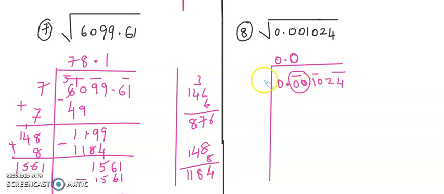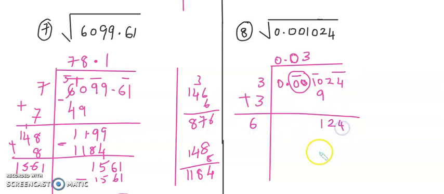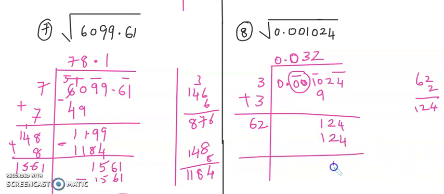Now 10. The nearest perfect square will be 3 3s are 9. So 3. This will become a 6. Bring down 1 2 4. Correct? Again, 0 and decimal I've shifted up. There's a pair of zeros. I have written only 1 0. Then 10, the nearest square is 3 3s are 9. 124. So I think I should go with 62 2s are 124. Yes, it's working out. And you get a 0.